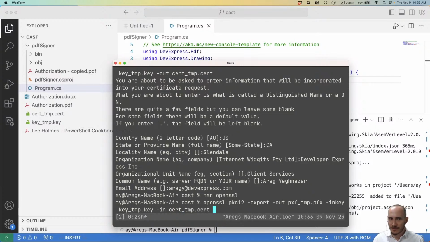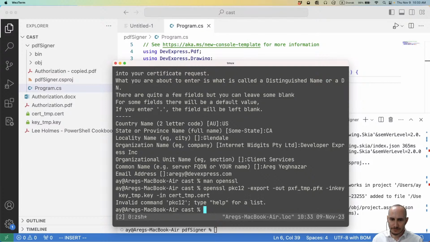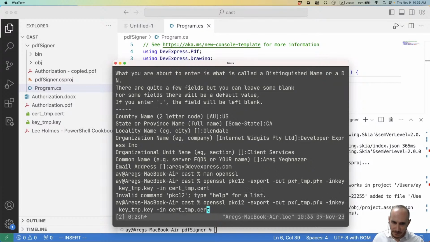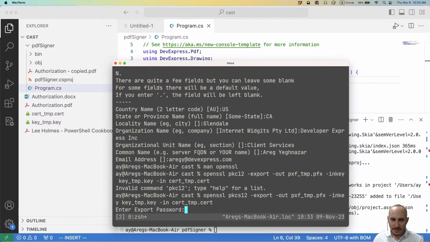So I believe that once I do that, I should have a PFX file. Invalid command. What did I mistype? Let's go to OpenSSL. Ah, I know. So the command, pkcs12 -export -key. And I already have a password, and don't get the wrong idea, I don't use